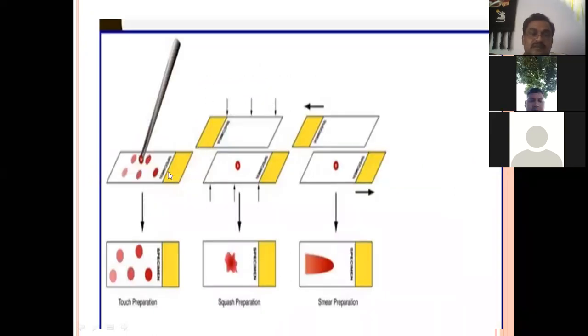So in this diagram, you can see a simple touch preparation. You have taken this sample, kept it over the slide, touched only, and removed the sample. So there will be an impression. This is called touch preparation or imprint cytology. This is a squash preparation. As I was telling, the tissue has to be torn out by putting some pressure, when the mass is bigger. So you have to squash this. This is a simple smear preparation as you are doing in blood smear preparation.